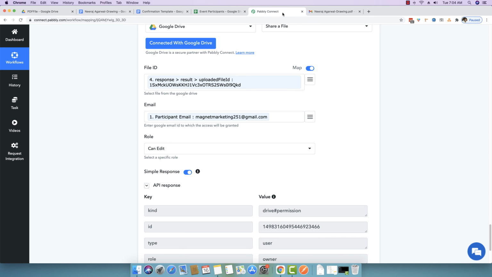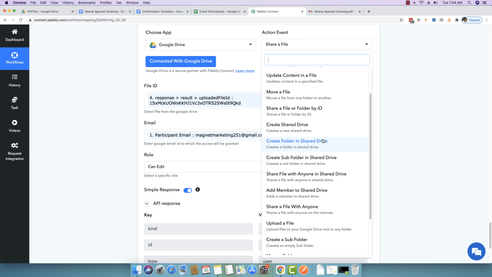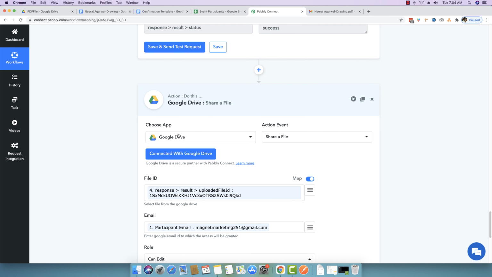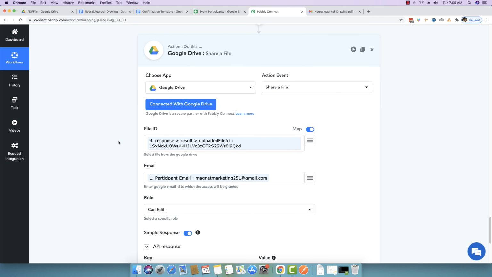Now, sometimes there might be a possibility that your participant might not have a Gmail account. In that case, what you can essentially do is, instead of using share a file, you can also use an option which says share a file with anyone. So basically you will make this file a publicly accessible file, and then you can select the app name as Gmail, and then you can send the exact same file link to the person on his Gmail or whatever email address he has. Because the file IDs are so long, even when we make it publicly accessible, without the IDs no one can actually open up your files. So this is just one other option that you can basically experiment with.